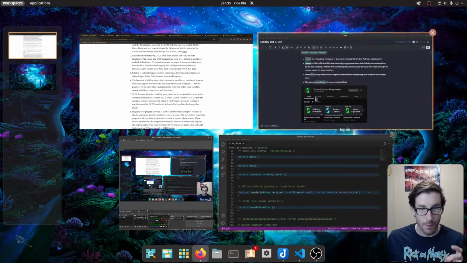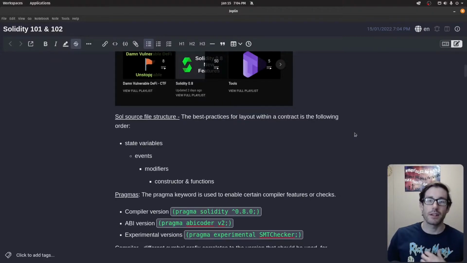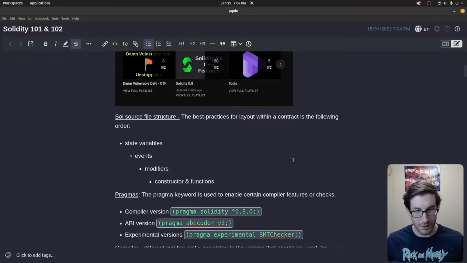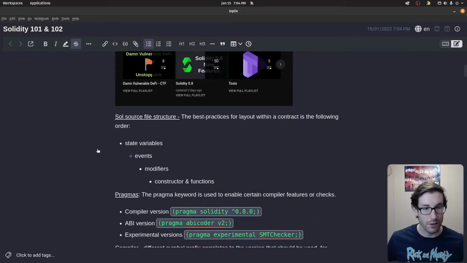Next thing is I want to dive into the content. We're going to start walking through mainly some of the things that I found new, interesting, and something I either struggled to understand and finally understood, or struggled to understand and still don't truly understand, but I wanted to call it out anyways. So first things first, at the very beginning, they talk through basically the source file structure of